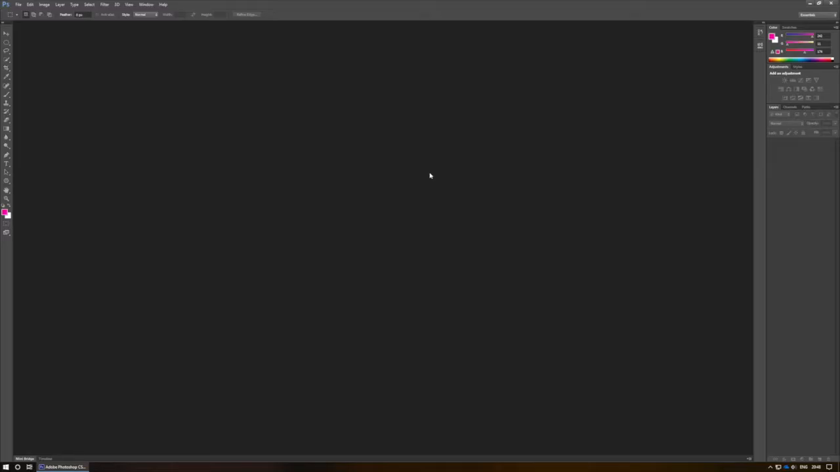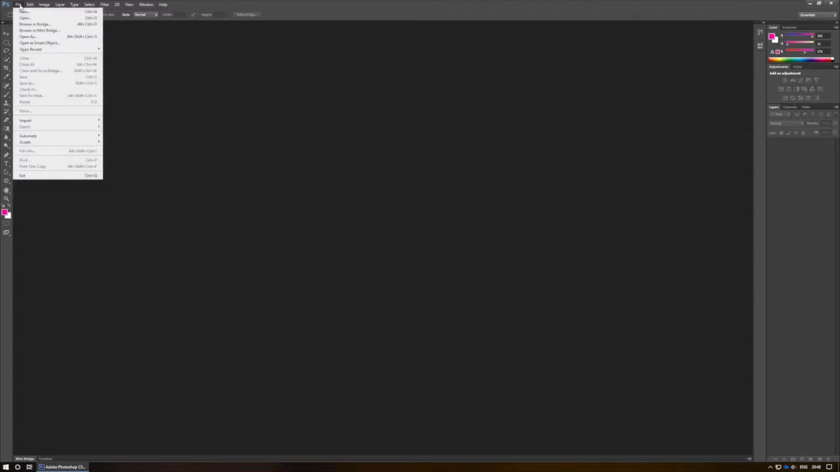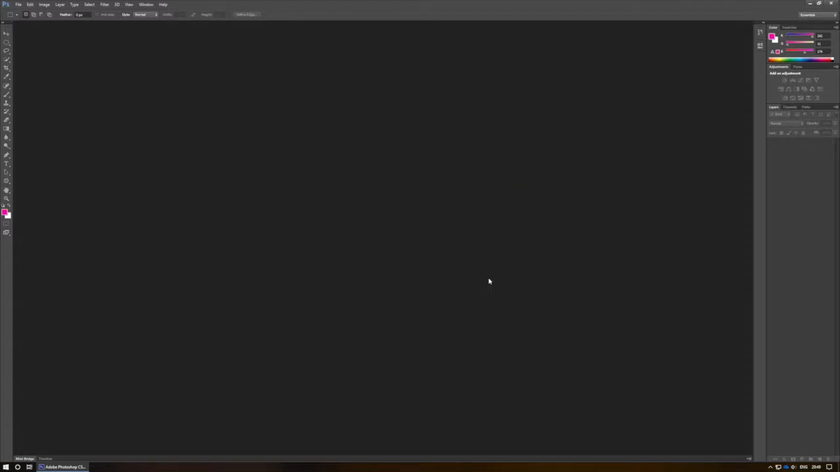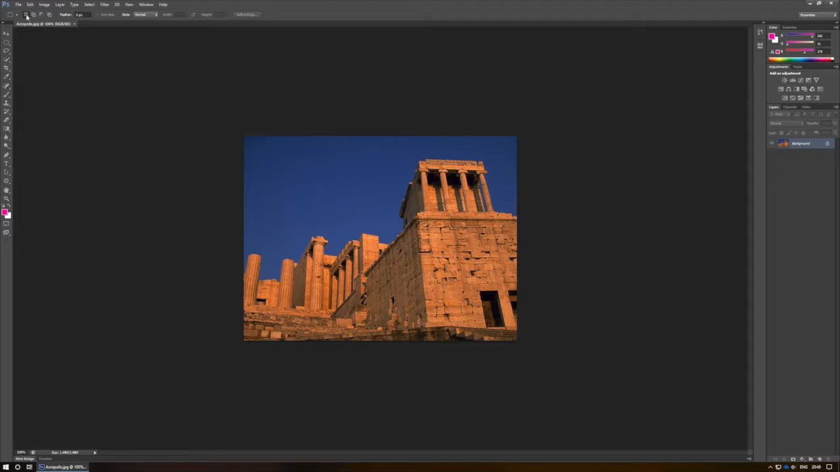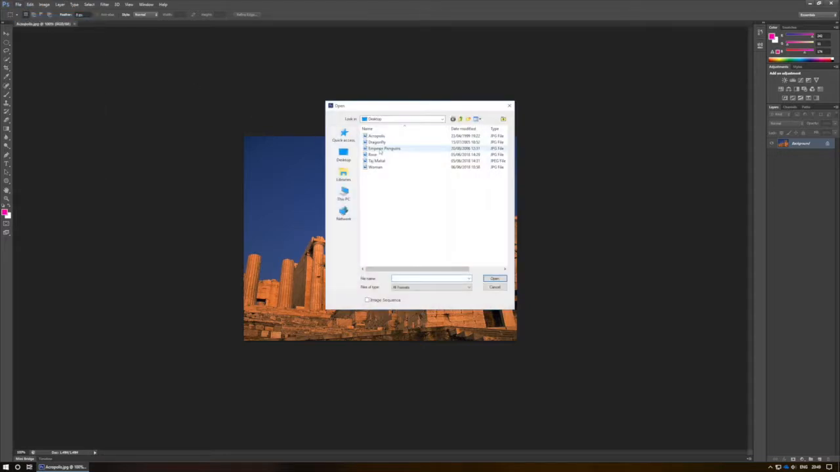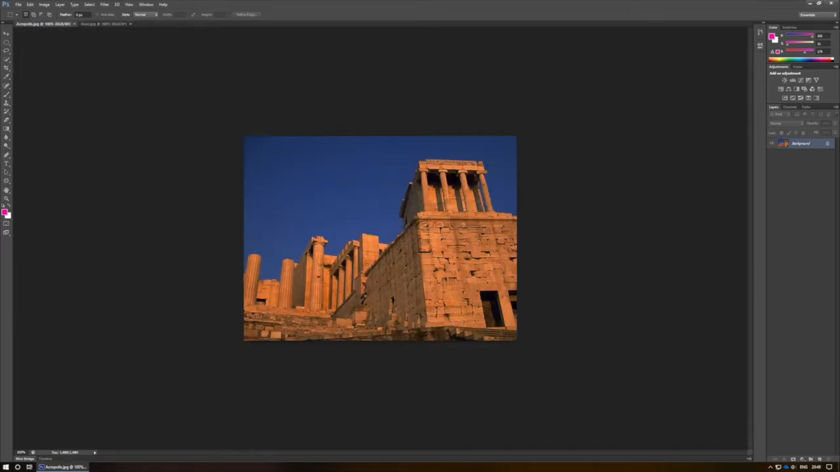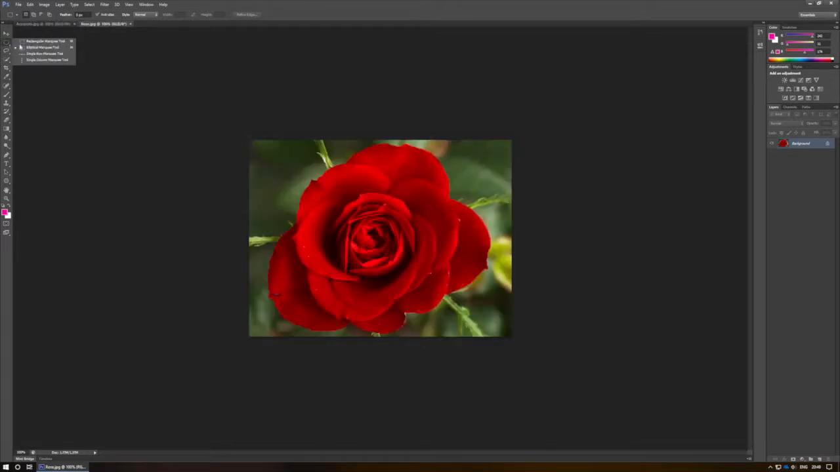Understanding layers is an absolutely crucial skill when trying to master Photoshop. I'll begin by trying to place a few images on top of one another. I'm going to start with a background image, and I'll open up a second image of a rose. I'd like to place this rose somewhere onto this background. I can achieve this by selecting part of the image